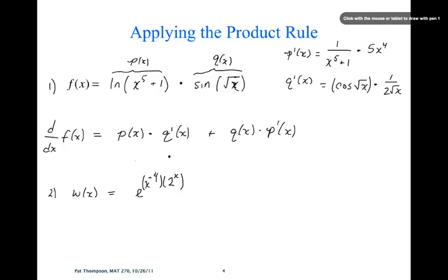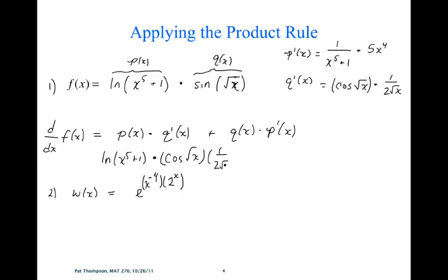So we're going to have p, ln of x to the fifth plus 1, times rate of change of q, cosine square root of x, times 1 over 2 radical x. That's that. Plus q, sine radical x, times rate of change of p, 1 over x to the fifth plus 1 times 5x to the fourth. Questions on that? So, two chain rules that are within the product rule. Okay, so for Thursday, it will be practice